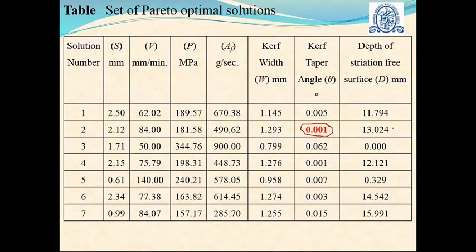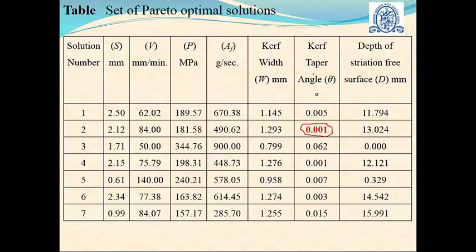So this is how we can use the multi-objective ABC algorithm to find out the weights automatically. Please note that even though it is a multi-objective problem, we have not assigned the weights externally. These weights are generated internally by the process itself, and based on that, the process is able to find the set of Pareto optimal solutions, and the decision maker can choose any solution. This is something like a nomogram. We already prepared the nomogram over here, and the user or the process planner can choose any of these depending upon the situation.